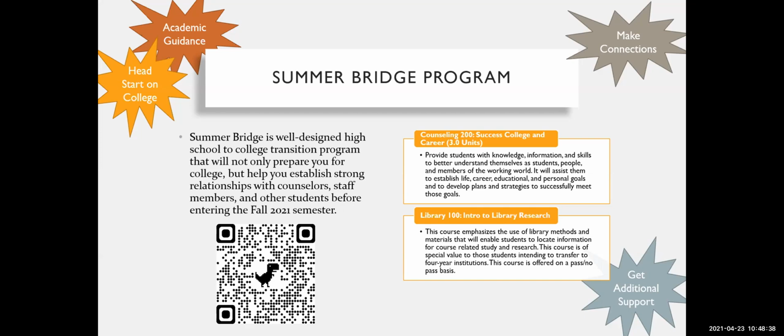As of right now, I have about 55 people that expressed interest. About 25 of them are actually eligible right now. So there's only a little bit more room. So if you're interested, please scan this code and it'll take you to the interest form. And then I will get back to you and let you know if you're eligible. This one's filling up really fast. So if you are interested, you want to move fast on this one. So you'll see the QR code, or you could just Google Cerritos College EOPS Summer Bridge. It'll take you straight there.